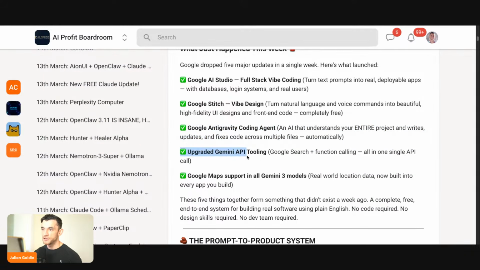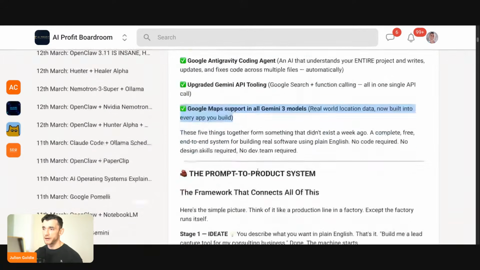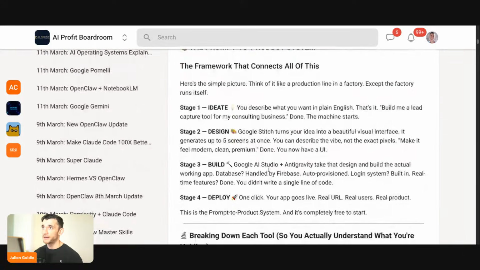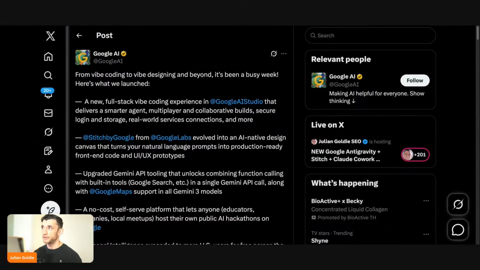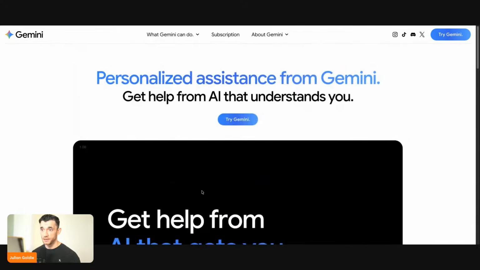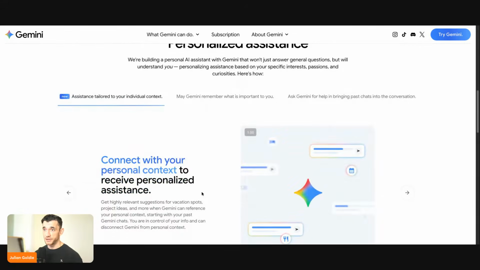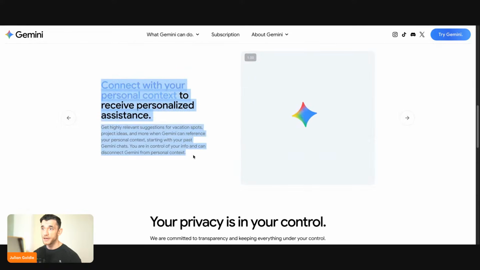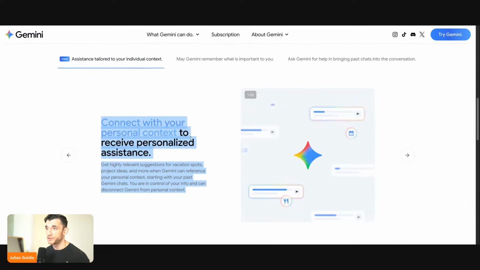There's upgraded Gemini API tooling as well. And also inside this update, you can now use Google Maps. So there's Google Maps support in all Gemini 3 models. And additionally, one of the biggest updates is personal intelligence that is rolling out from Google across the US right now. What this means essentially is that you can connect your personal context to get personalized assistance from Gemini directly,